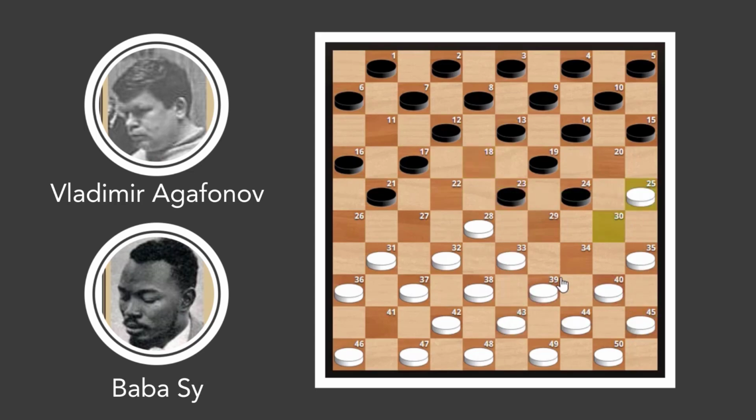And then Black responded by playing 21-26. And then Babasai will have to reply to this move by playing 40-34. So he played 40-34. As I said previously, we can take control of 34. If you draw the square diagram,